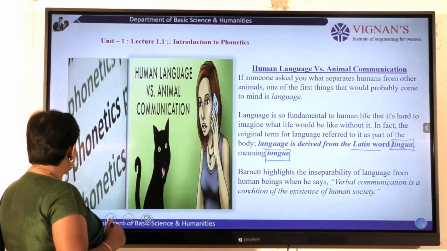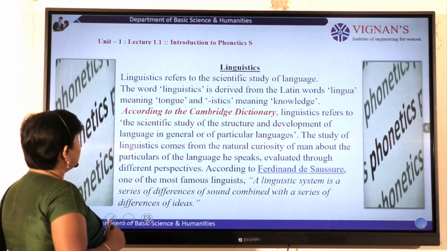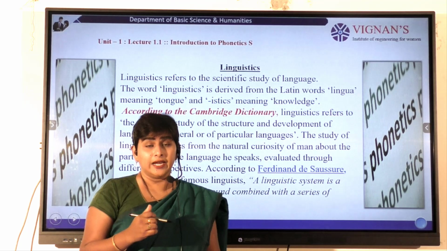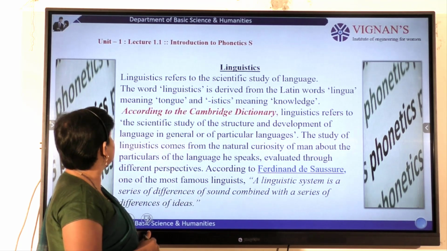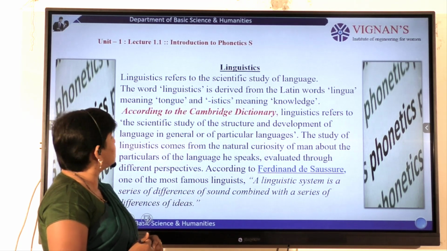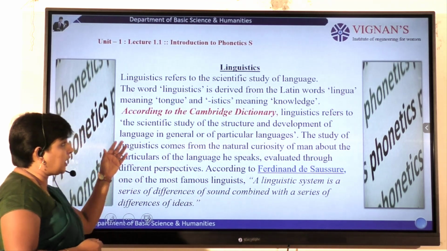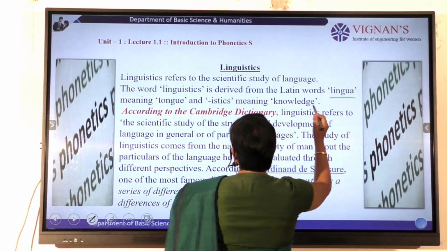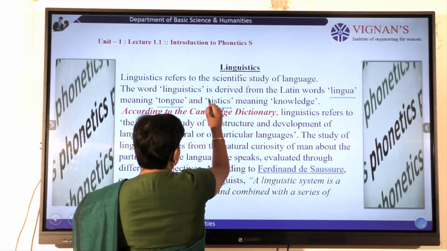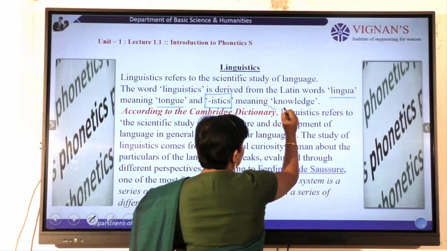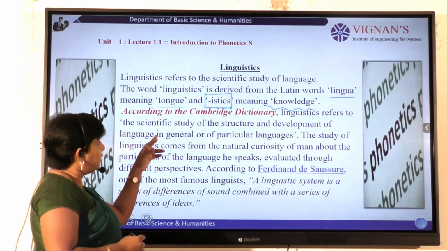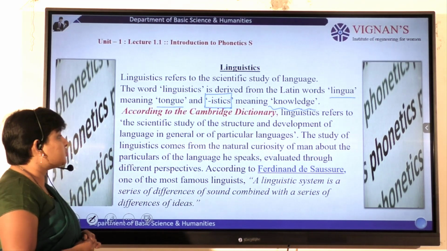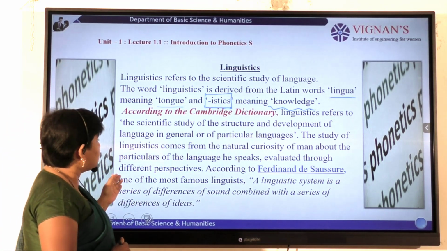Moving on to the next slide. Now let us look into the branches of language, linguistics. Linguistics refers to the scientific study of language. The word linguistics is derived from the Latin word lingua. As we have already termed, lingua means tongue and istics means knowledge. According to the Cambridge Dictionary, linguistics refers to the scientific study of the structure and development of language in general